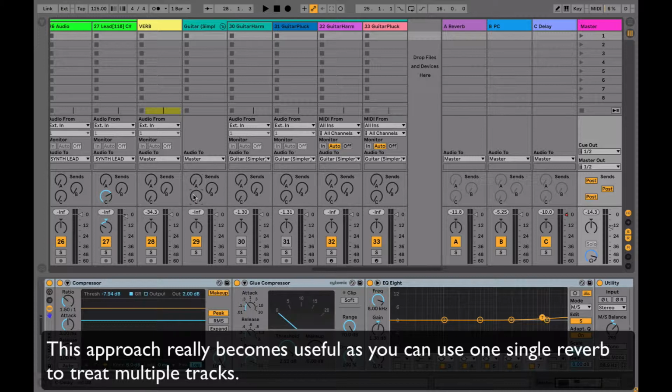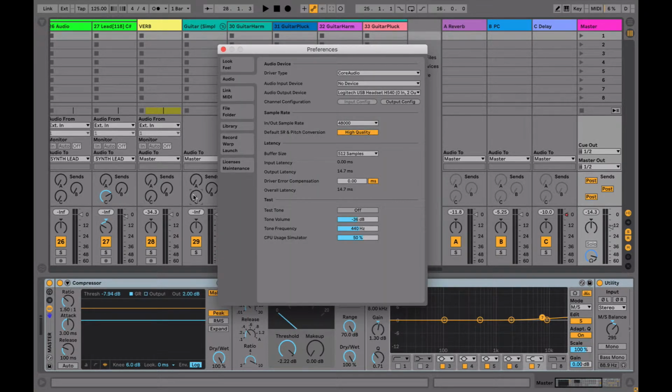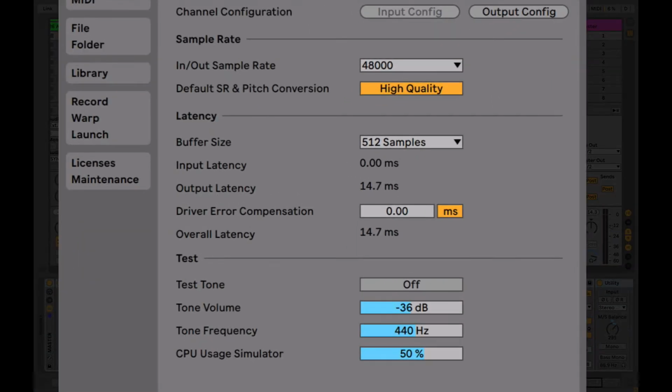Okay, let's move on. The one setting you're going to have to change the most while you're producing is your buffer size, and that has to do with latency. So if we look at the latency section in the preferences in Ableton, you can see that my buffer size is currently set to 512 samples. Well, if you look at the output latency, that means it's going to take 14.7 milliseconds to sound itself in